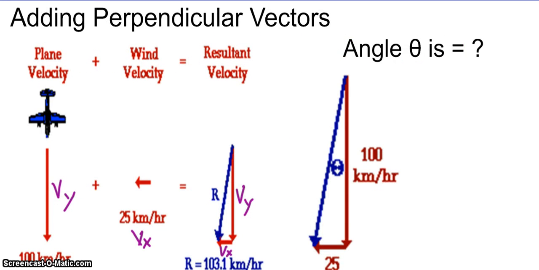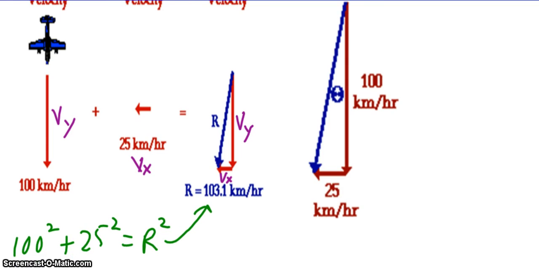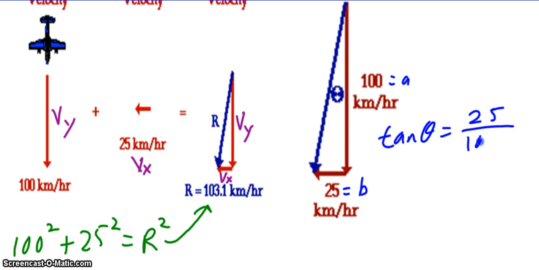In this case, I can call this my b and this my a, so I know tangent of theta is 25 over 100. So if I use my calculator, do tangent inverse, theta is approximately